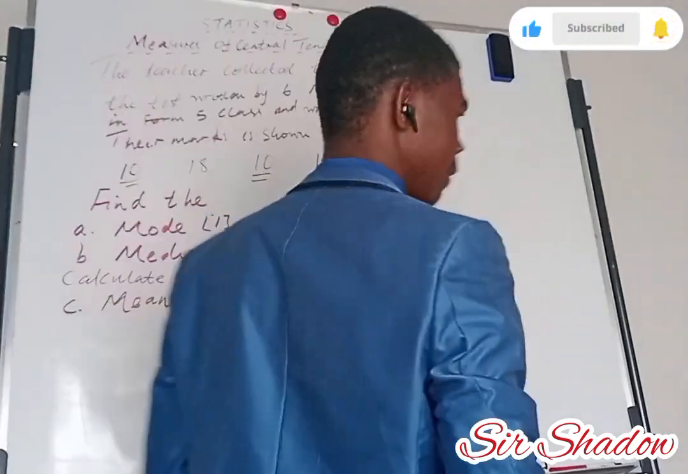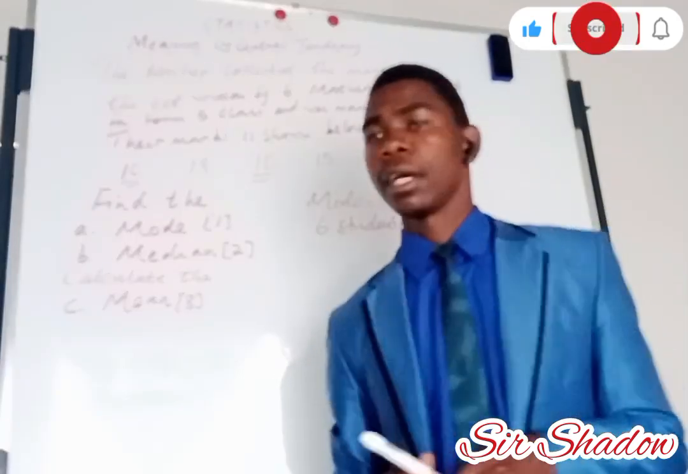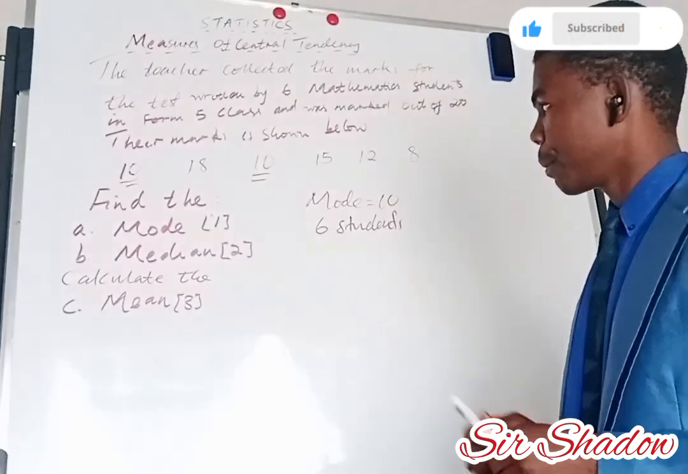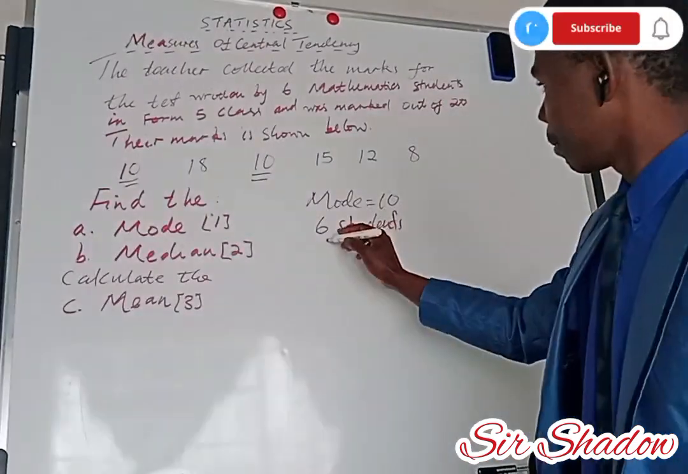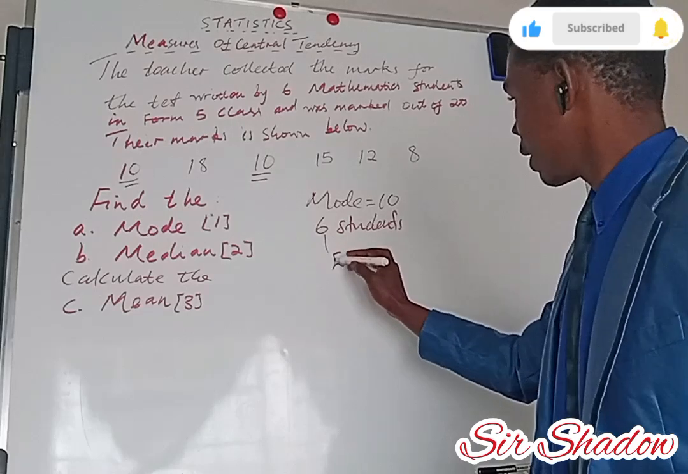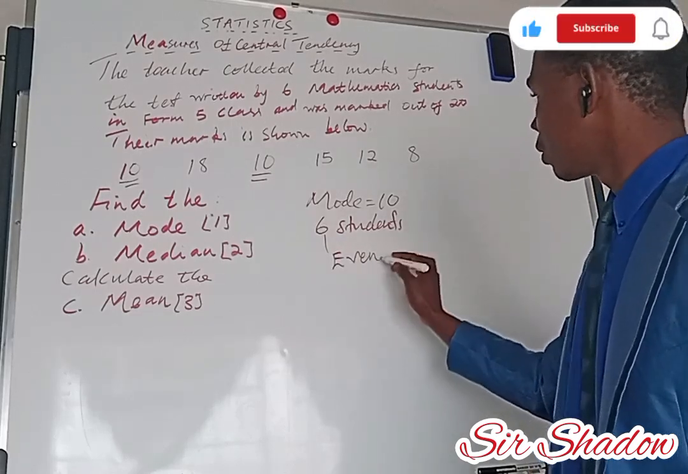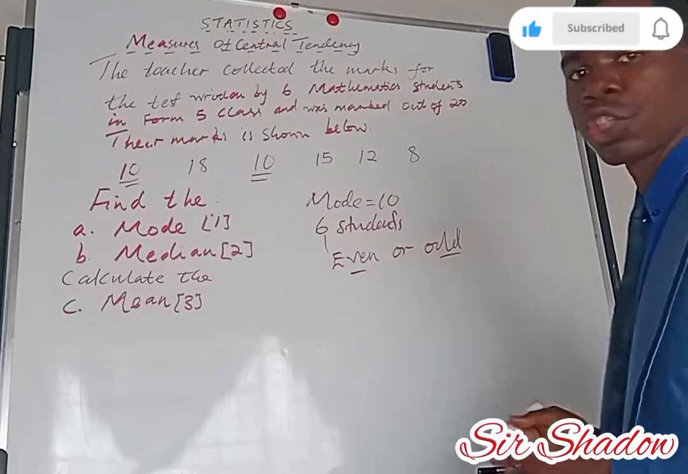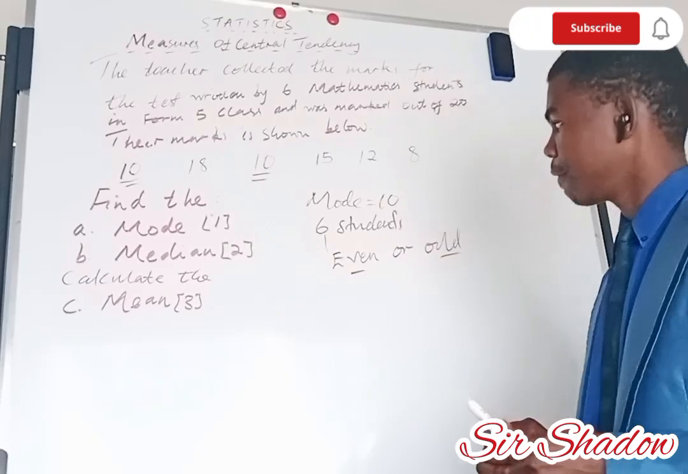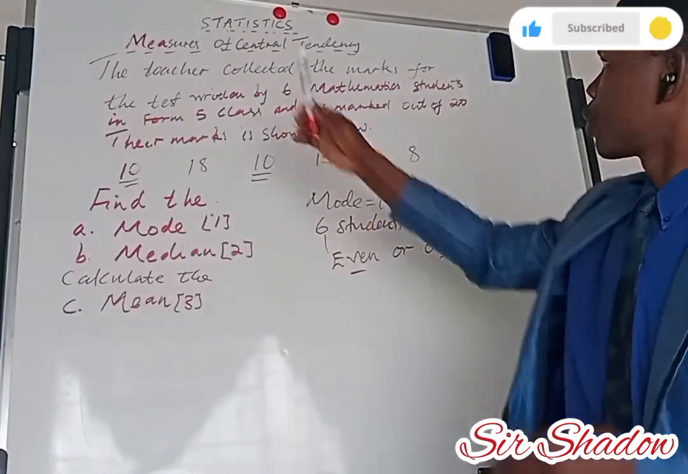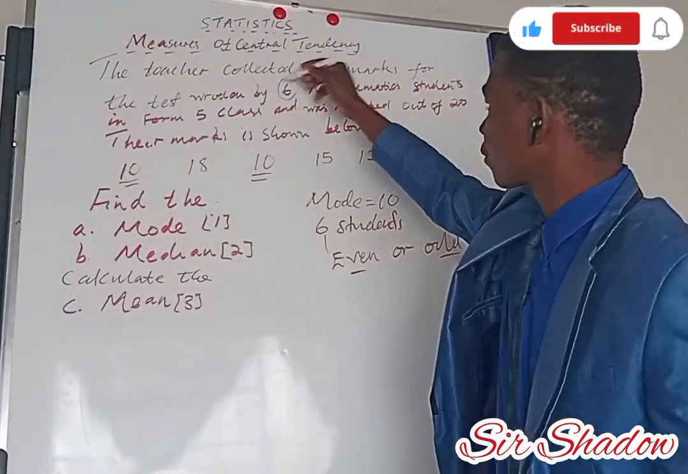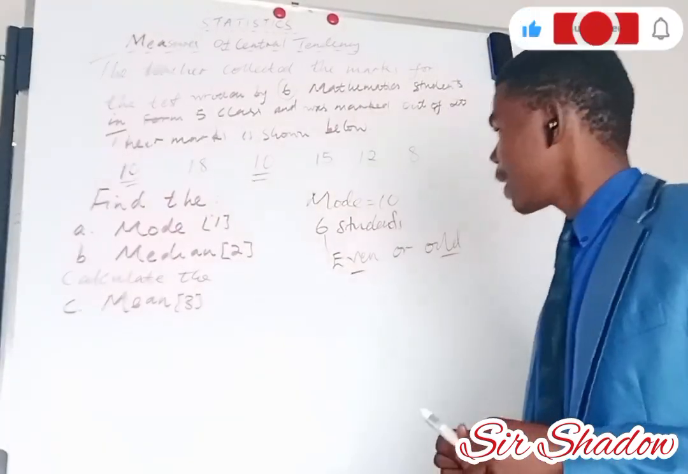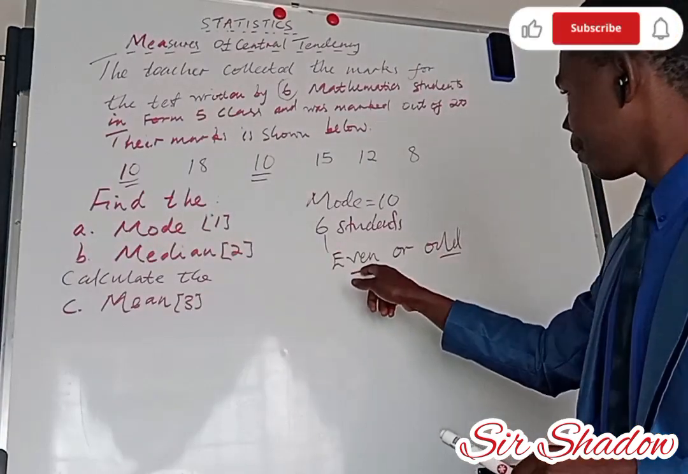First of all, we have to check if the total number of students is an even number or an odd number. You have to check for these two things. You have to check if the total number of students here is an even number or an odd number. So if it's an even number,